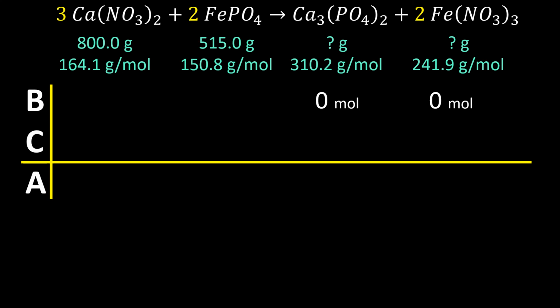Then we need to write down the number of moles of the 2 reactants. So we see we have 800 grams of the calcium nitrate. If we take the 800 grams and divide by its molar mass, 164.1, we end up with 4.875 moles of calcium nitrate. We need to do this with the other reactant, so we have 515 grams, and if we divide by its molar mass, 150.8, we end up with